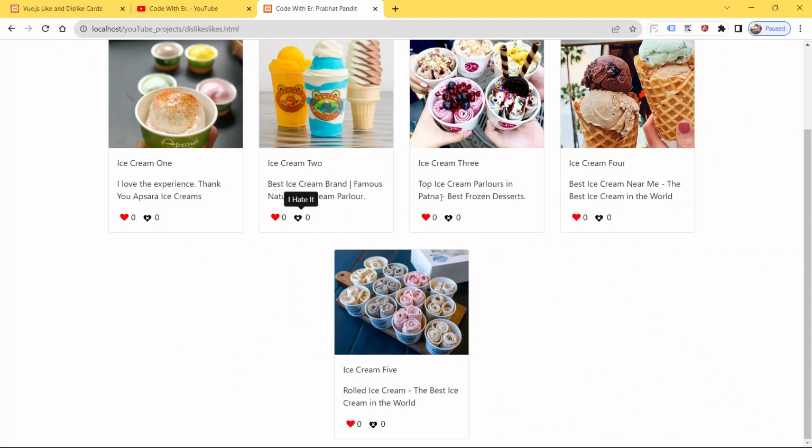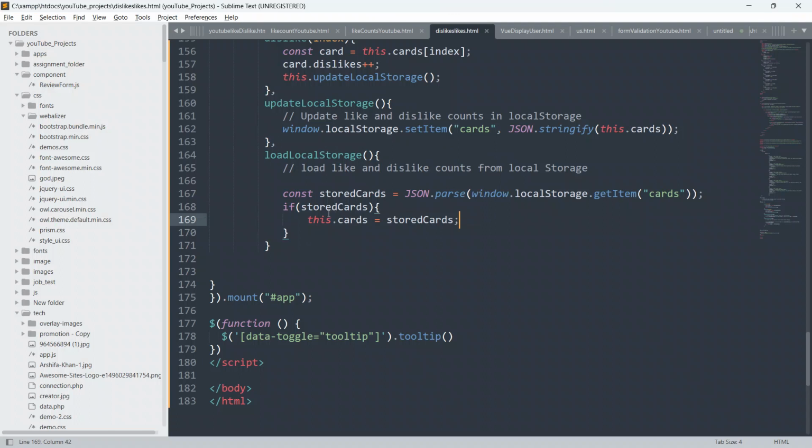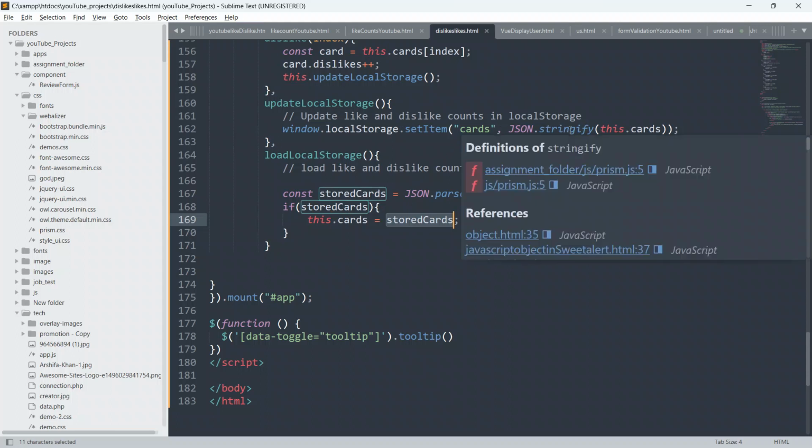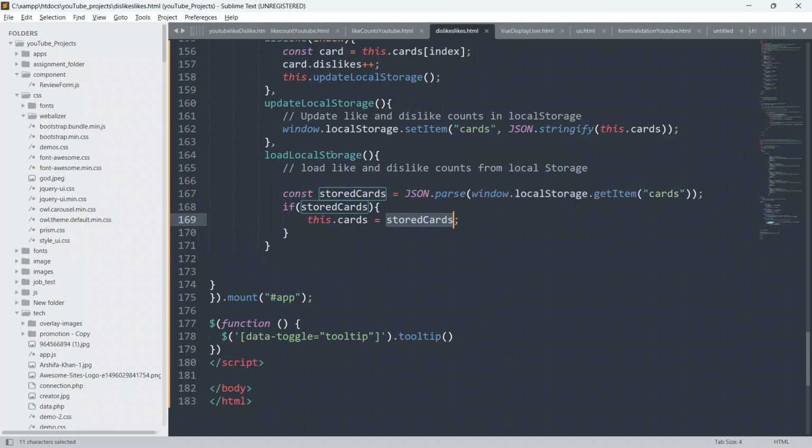We are fetching every element from the local storage and assigning it to this.cards, because we previously saved this into our local storage, and loadLocalStorage is a function where you can load likes and dislikes counts from the local storage. So we do const storedCards equals JSON.parse(window.localStorage.getItem) and pass cards as the key, and we check this.storedCards if something is already in the local storage.